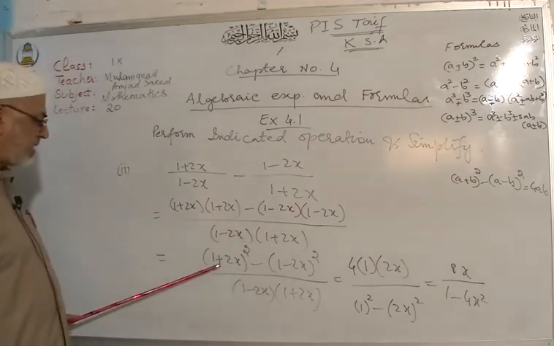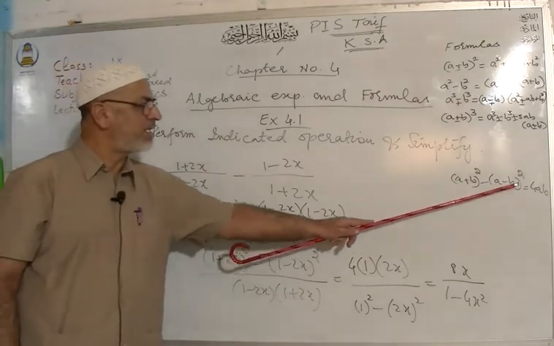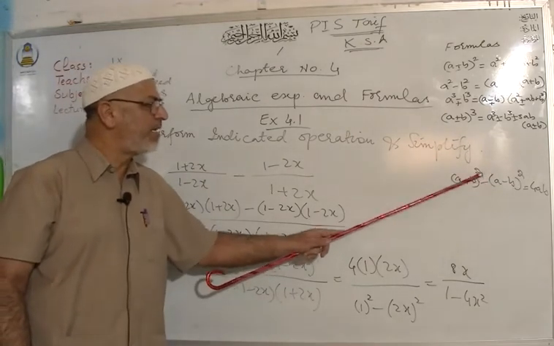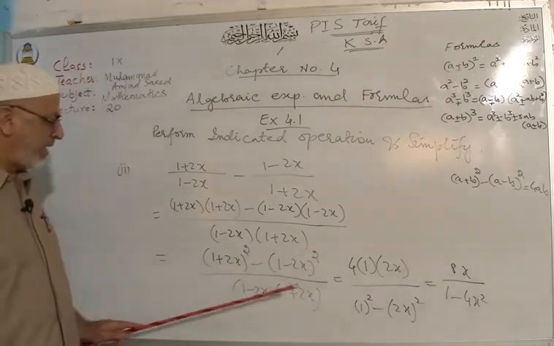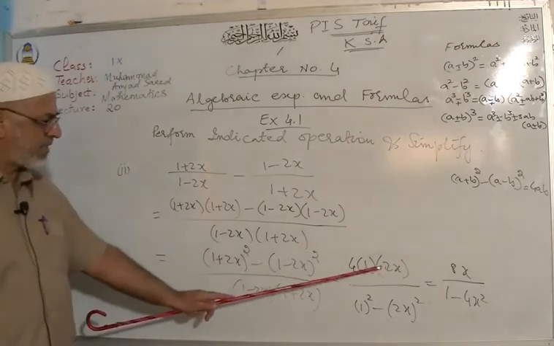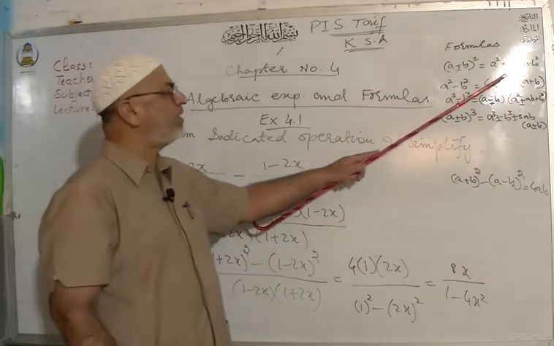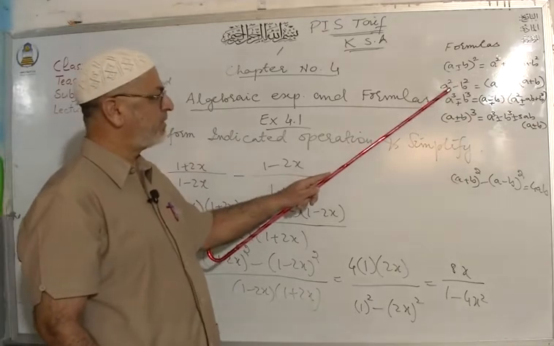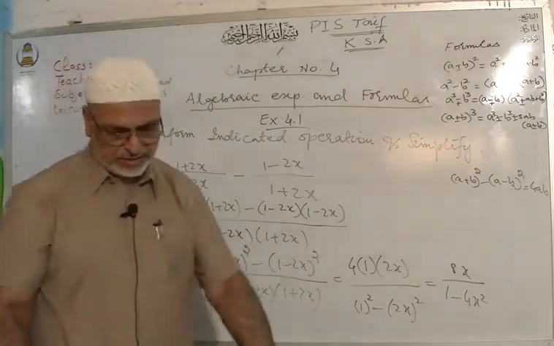First, this is first and this is second. This is first and this is second. Look, first and second, there is a negative sign between them, and power is 2 and 2 above. So this will be 4ab. A mean 1, b mean 2x. And this is first square minus second square. Actually, this is formula number 2 from right to left. From right to left. And then after simplification, you get this answer.